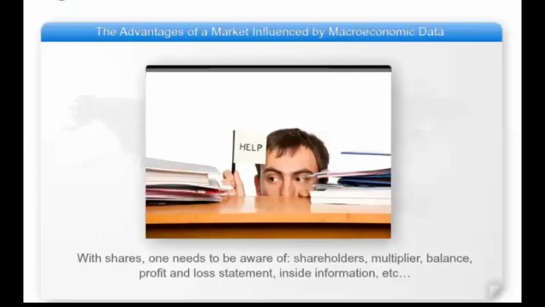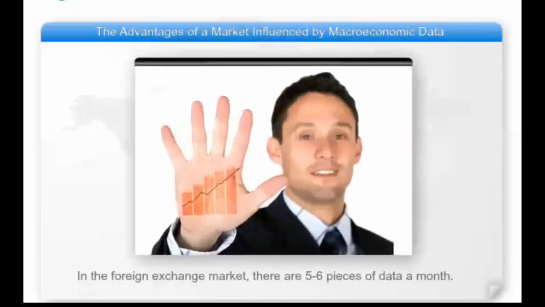One also needs to know so much information that following them on a daily basis would require many hours each and every day. In the Forex market, there are 5 to 6 significant data in a month. The firm through which you trade will provide you with these data in real time, and you, with the knowledge that you will gain, will trade accordingly. Do you understand the significance? 5 to 6 pieces of significant information per month. That's all. You don't have to live in constant chase after changes in the company in which you invest.